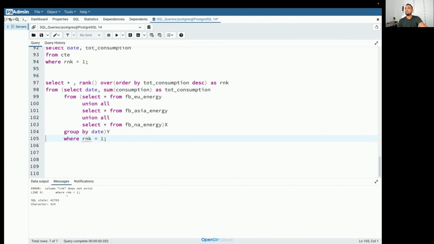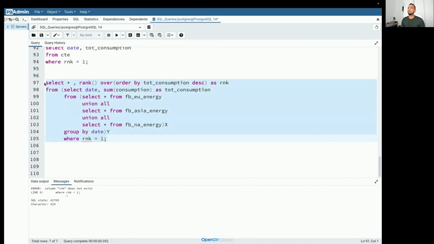Are you asking how to change the theme? Not the theme, because I manually made this query into a readable format, right? Generally, in other tools, we have a button where we can beautify the query, so everything happens automatically. I'm just trying to see if pgAdmin has that. Where is the format option? I don't see it. No problem. So I only got one solution from Shiva, and this solution is not working.